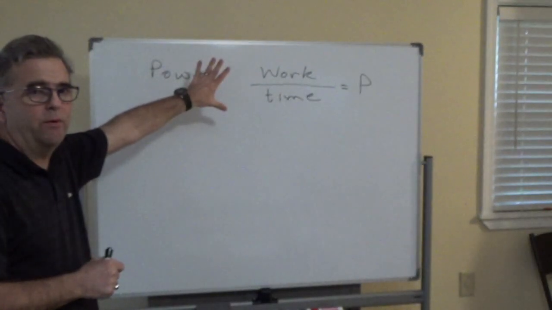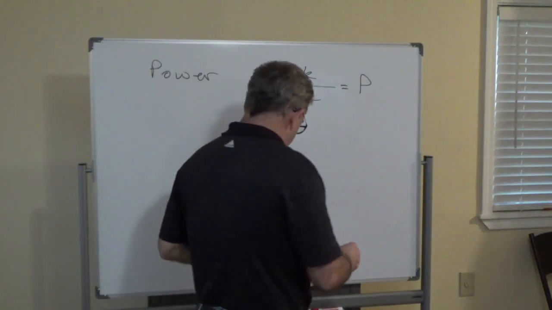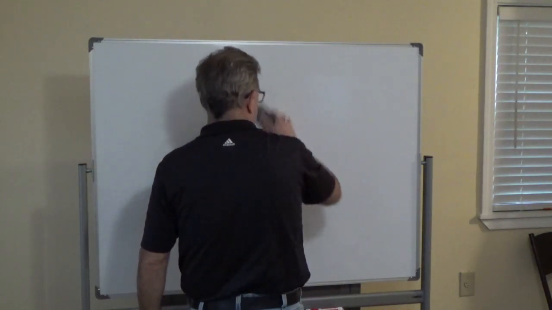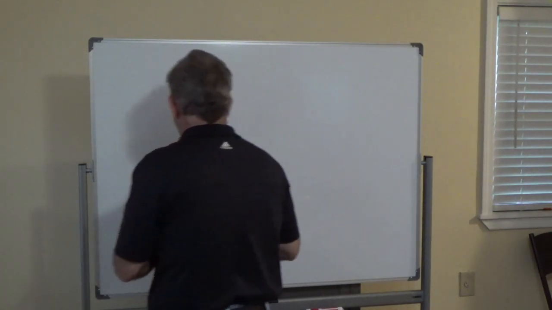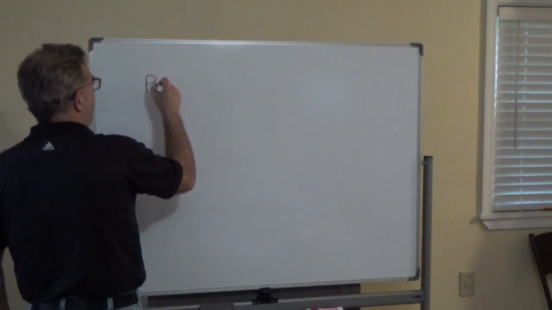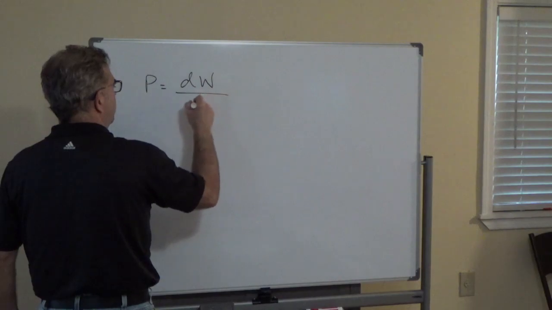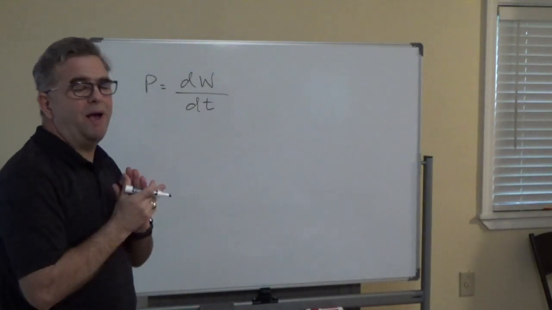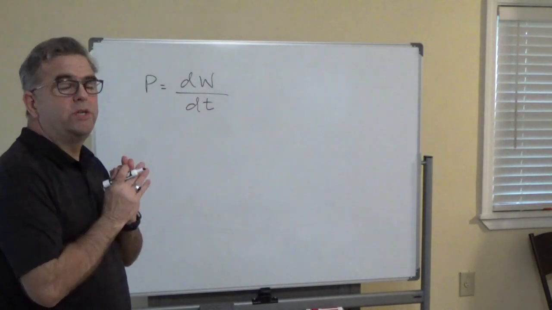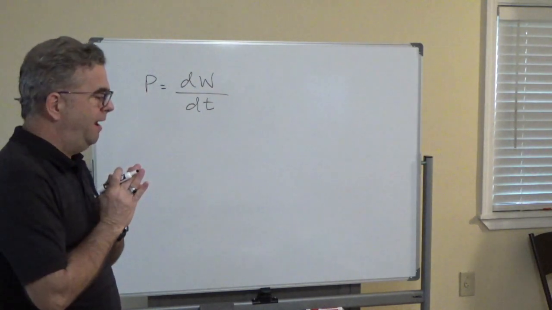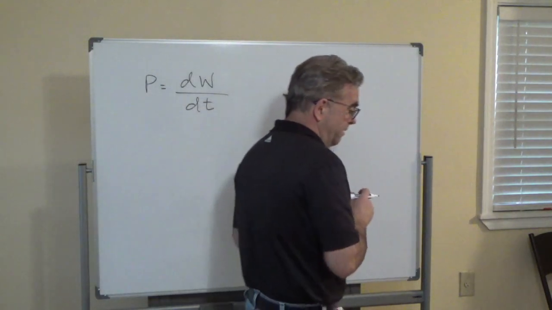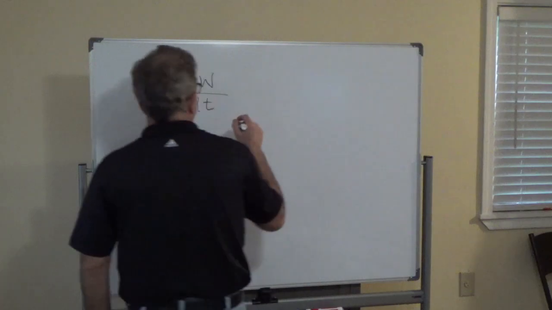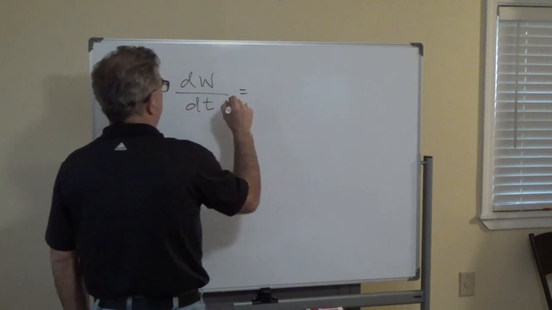This would be average power here, okay? So if we look at the instantaneous power, power is equal to dW dt. The instantaneous power is how much power is being used at a particular instant, okay? And you can do some calculus on this, which I'm not going to do, but this is equal to